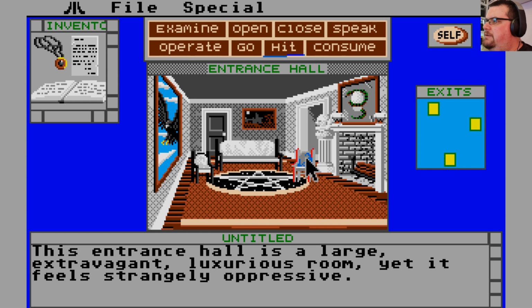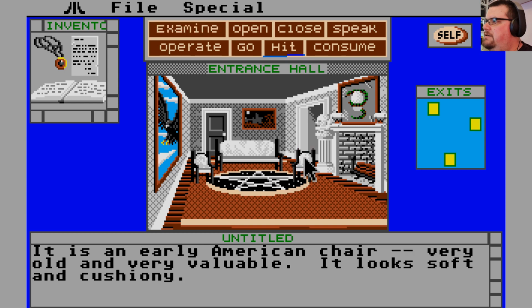Anything interesting we can do with the chairs? It's an early American chair, very old and very valuable. It looks soft and cushiony. That one is the same. Okay. Alright,